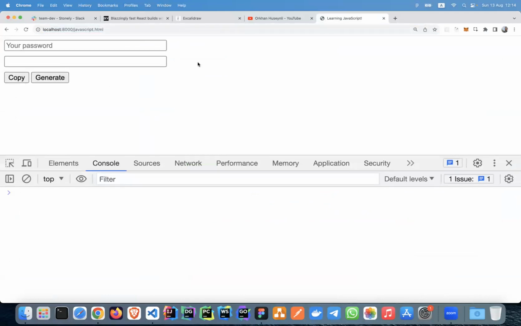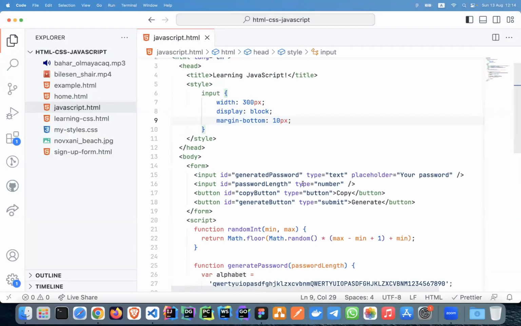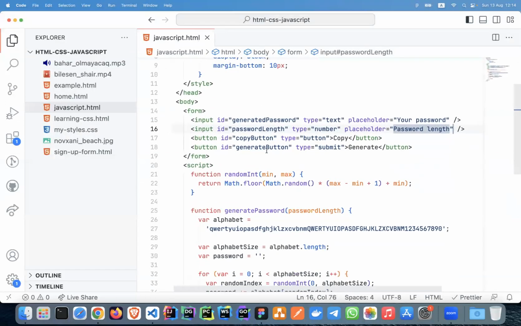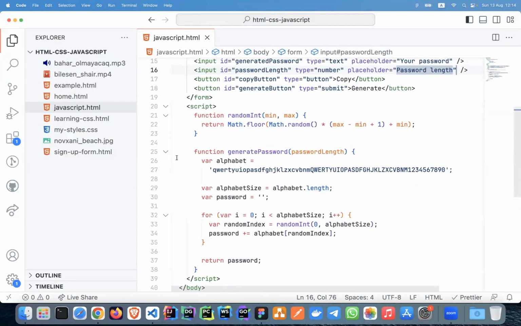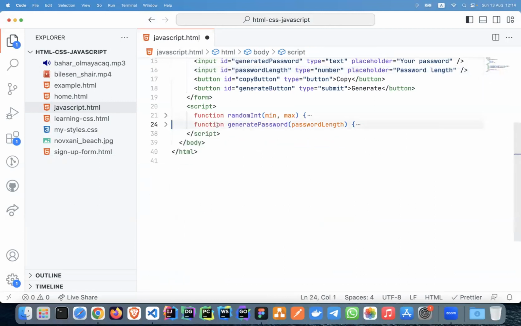So if I click copy, it should copy my text. If I click generate, it should generate my password. Placeholder. Okay, like this. So first, I'm going to just collapse this so we don't have to worry about the inner